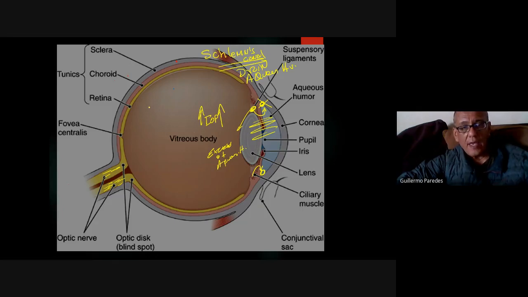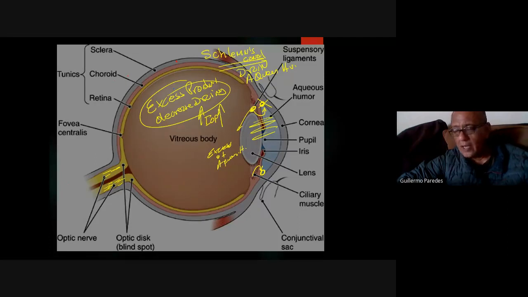Number one, excess production of aqueous humor, or decreased drainage of the aqueous humor. That is the basic thing that you need to remember when we talk about glaucoma in MedSearch 1 and